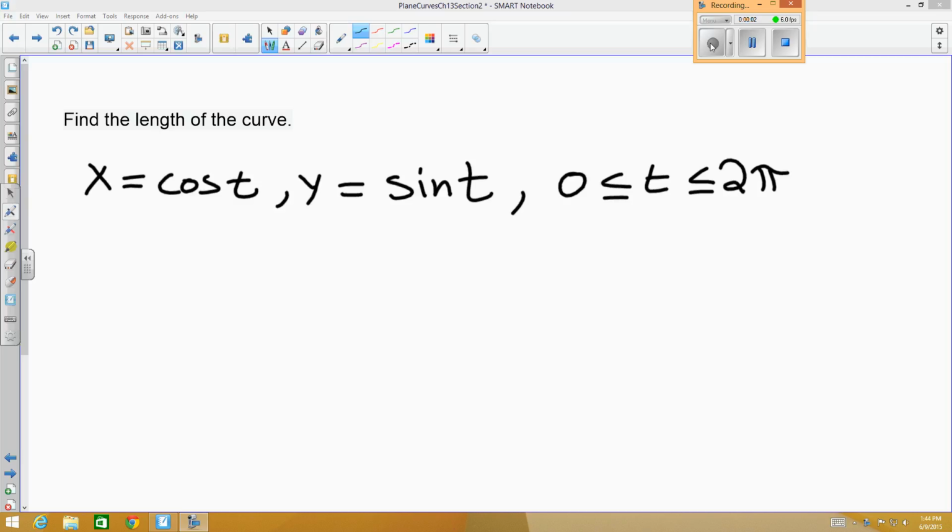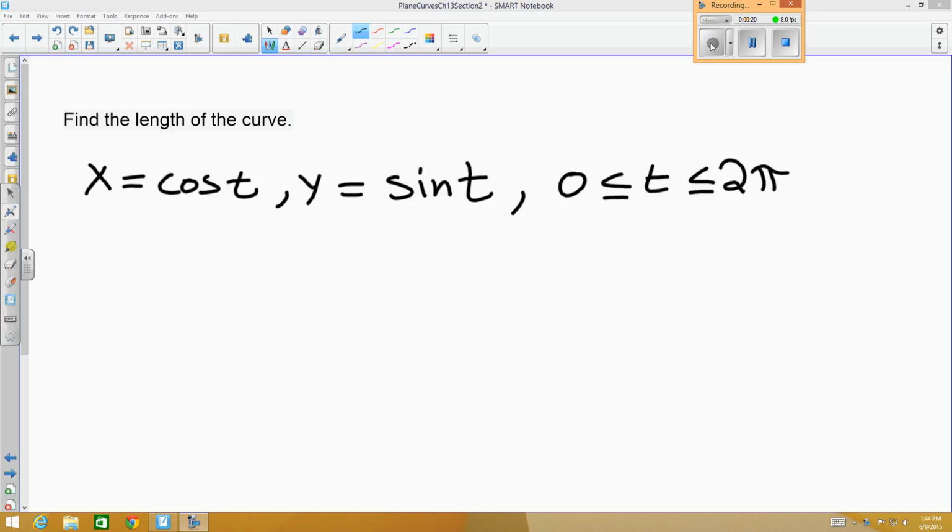Find the length of the curve. x equals cosine of t, y equals sine of t, where t runs between 0 and 2 pi. So here we have a set of parametric equations which defines a plane curve, and we want to find the